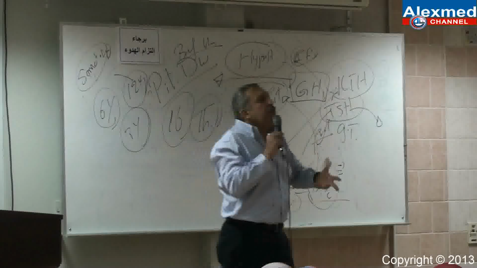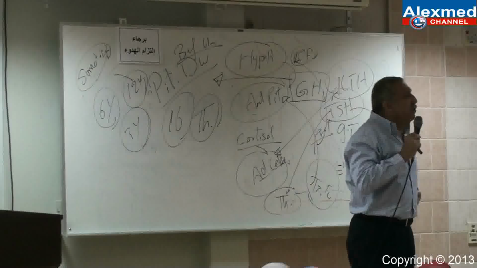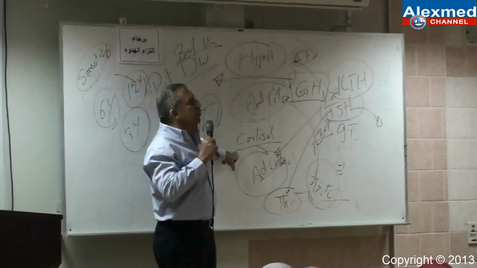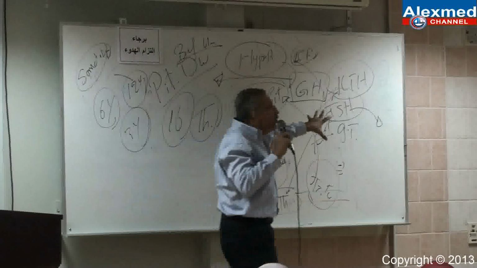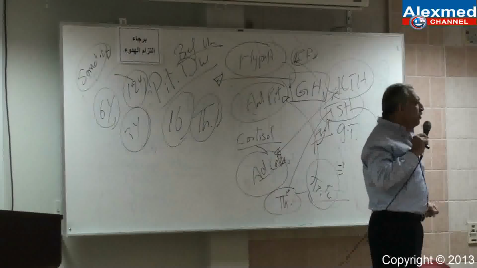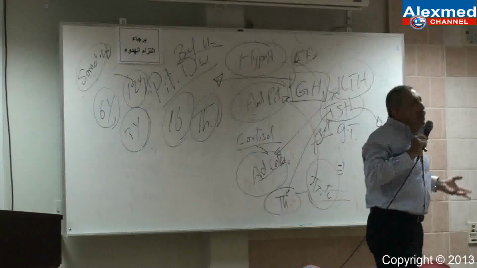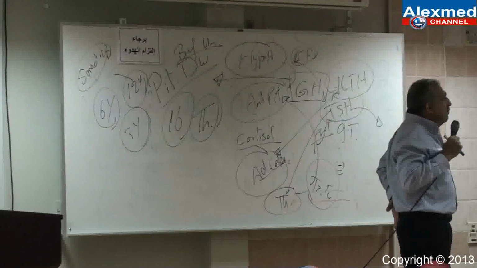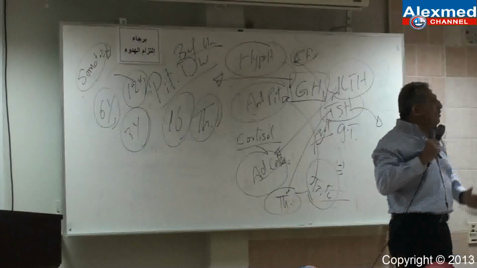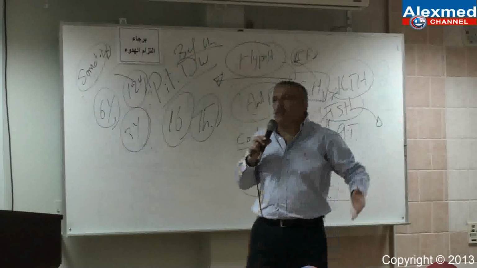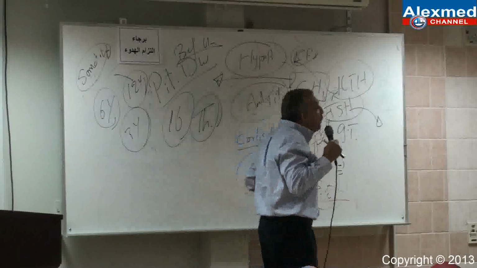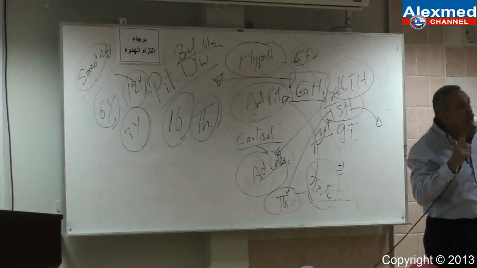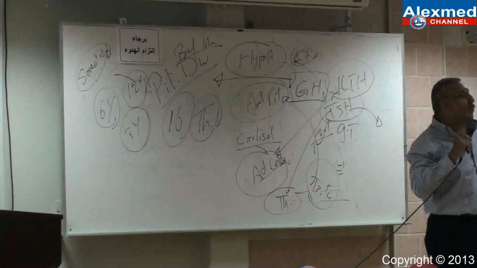What are other uses of ACTH? I'm going to use it to release cortisol, so I'm going to use it instead of cortisol. If you have allergy, if you have autoimmune disease, any immune suppression you need, you give cortisol. Instead of giving cortisol, you are going to give ACTH. But usually we prefer, in most of the cases, cortisol.